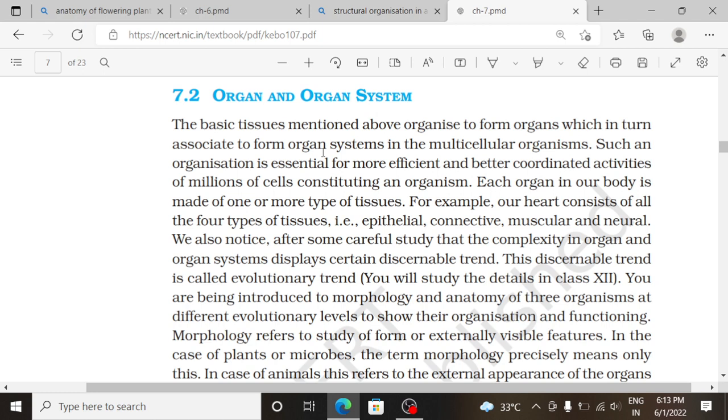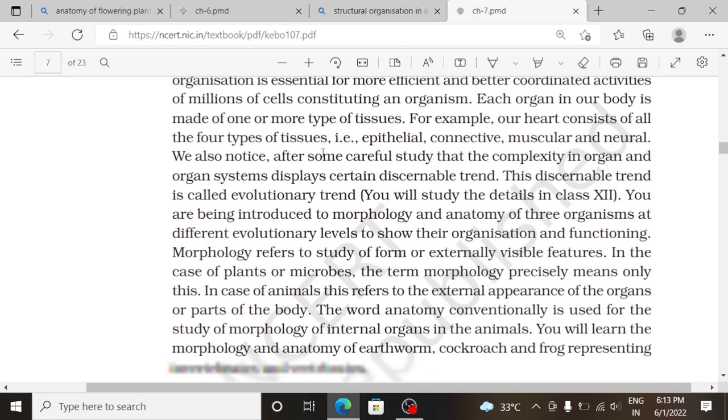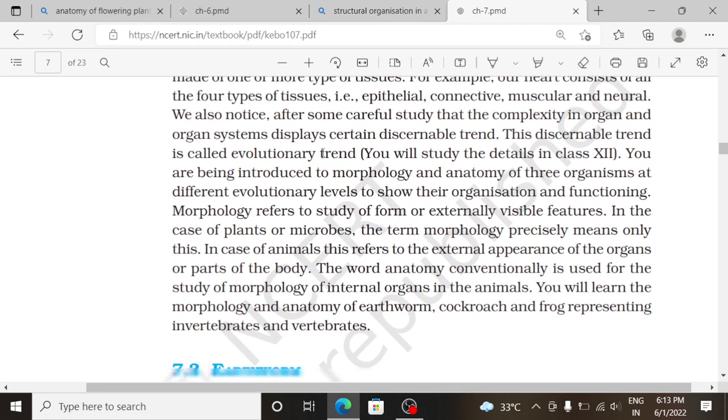Each organ in our body is made of one or more types of tissues. For example, our heart consists of all the 4 types of tissue, that is epithelial, connective, muscular, and neural. We also notice after some careful study that the complexity in organ and organ systems displays a certain discernible trend. This discernible trend is called evolutionary trend. You are being introduced to morphology and anatomy of 3 organisms at different evolutionary levels to show their organization and